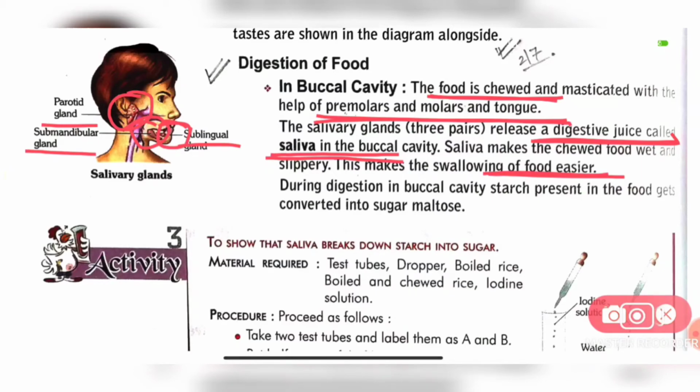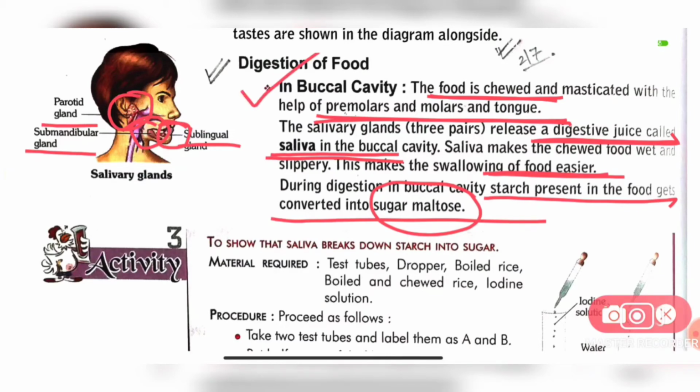Okay, during digestion in buccal cavity, starch present in the food gets converted into sugar maltose. So the saliva can break the complex starch into sugar maltose. এই salivary gland গুলো থেকে যে স্যালাইভাটা সিক্রেট হয়, they can break the carbohydrate type of food and convert them into maltose. Okay, তাহলে buccal cavity-তে কি হচ্ছে, first we chew and masticate the foods with the